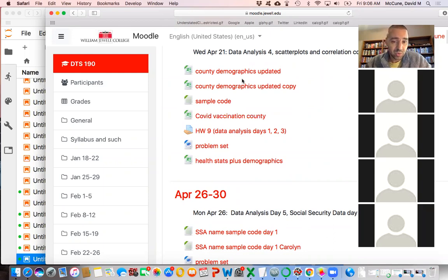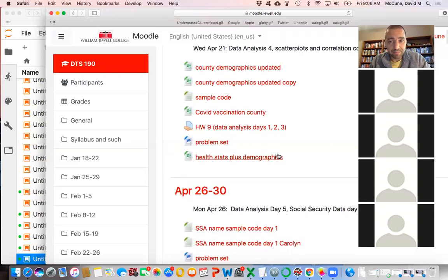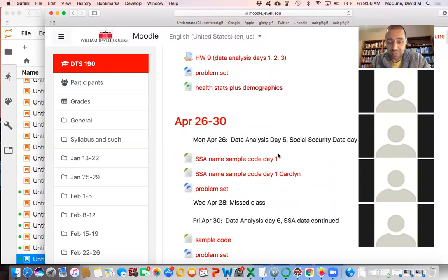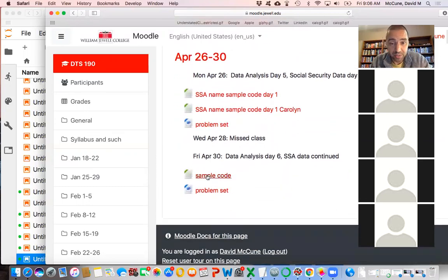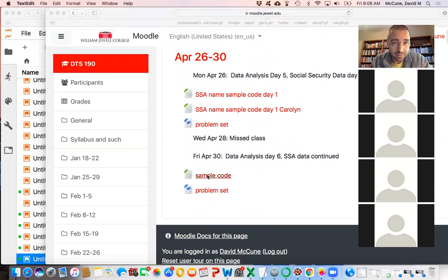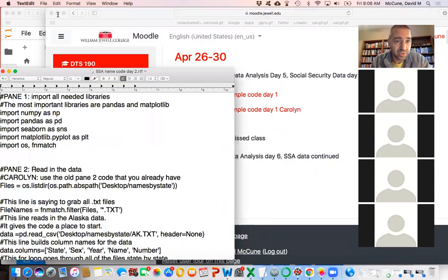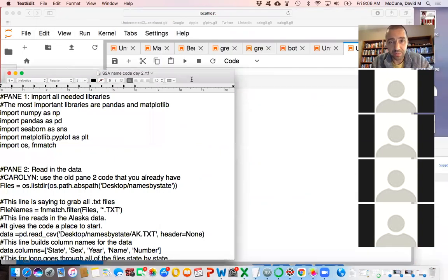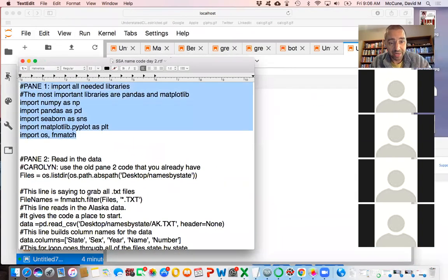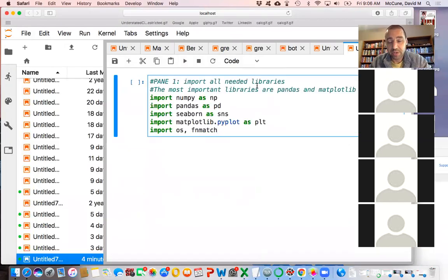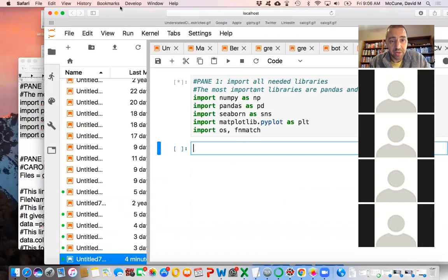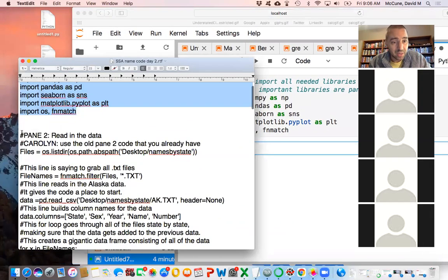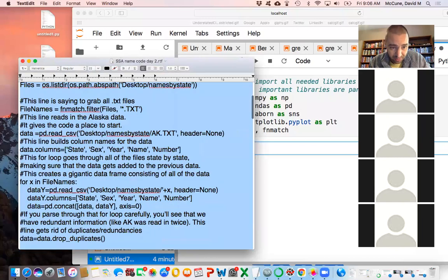So the commands we're learning can be, in principle, used on any data set as long as they're cleaned up like these are. So again, it's a little hard to teach data analysis simply because it's not clear what data you care about. But hopefully the commands we have here would let you analyze data sets you want. So let me grab the sample code. Okay, so as always, just so nobody gets confused, I start from scratch. You, of course, don't have to start from scratch. And if you're asked these problems on an exam, say, like on your final, you shouldn't start from scratch, I suppose. You should already have it read in.